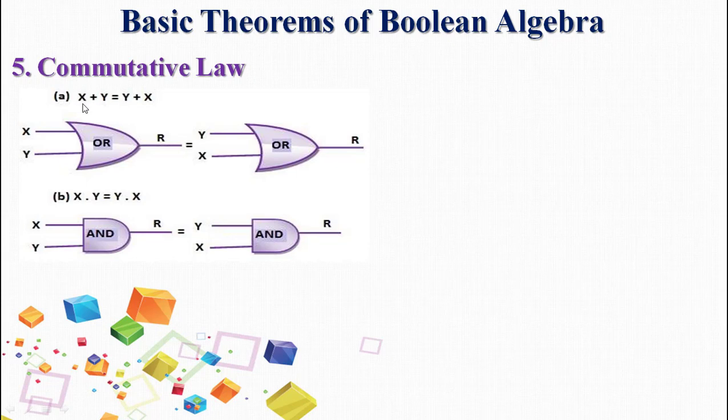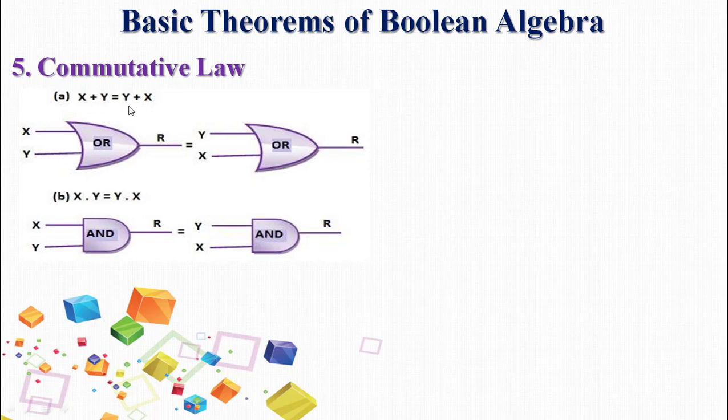Just like in mathematics, we have the commutative law, similarly here also you will find the commutative law the same way. x plus x bar is written as y plus y bar, or it can also be written in the format of what you can see in this particular theorem: x plus y is equal to y plus x. We will be discussing only this in this particular concept. So x plus y is equal to y plus x. 2 plus 3 or 3 plus 2, both will give the same answer.